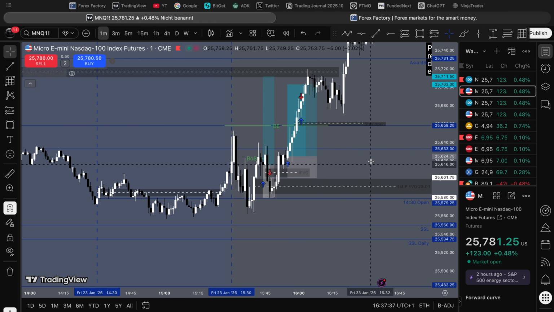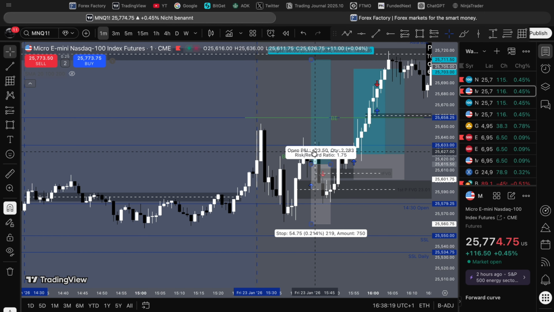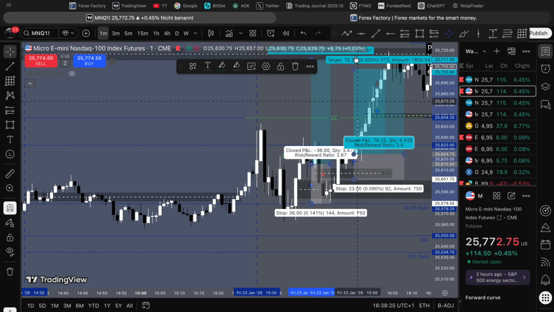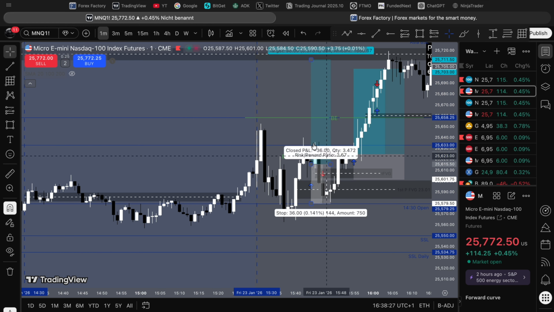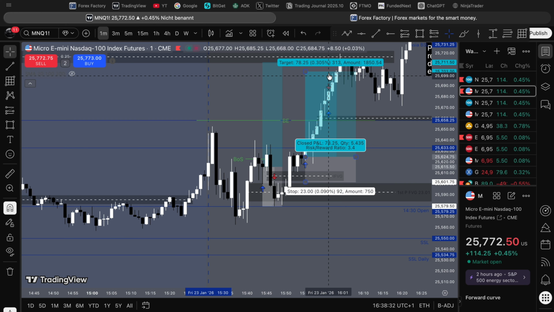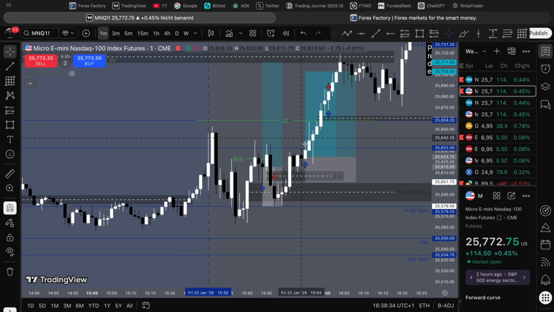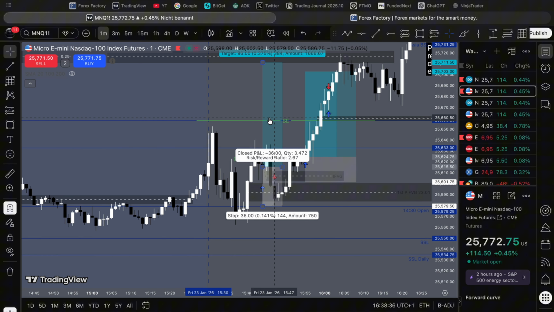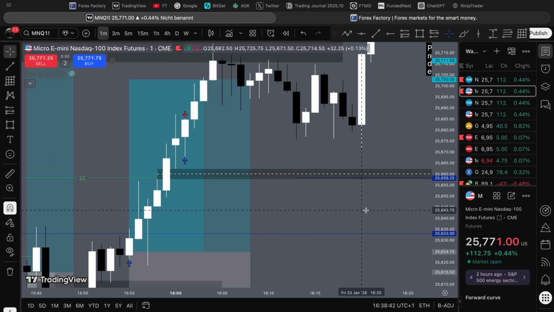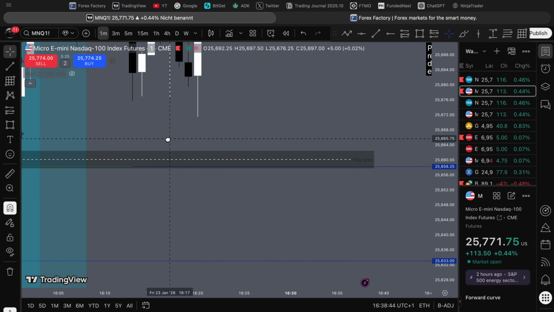I knew the bias. I'm happy with my execution. I'm happy with my trade. For the first trade I could have given the stop loss a little more room to breathe, so the market could move a little more down and then go up. But I got stopped out, made another trade and hit my full take profit. At this point I got break even with this candle, and this fair value gap was formed, and I wanted the fair value gap to stay open.